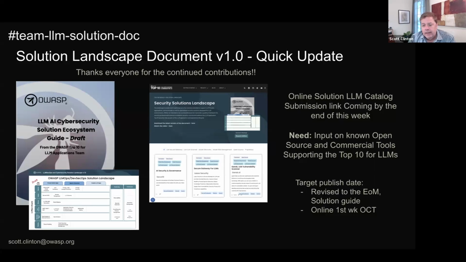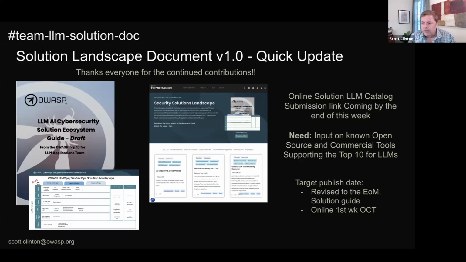So we pushed it out a little bit because we've got some really great feedback, and we're still resolving some of that. And if you have ideas or knowledge of particular products and open source solutions that are addressing the Top 10 for LLM risks and can be used in that life cycle, please do hop into the document and just add them. We'll figure out the categories as you go. We've also done a lot of outreach, so I have a lot of companies coming back. Some pretty good-sized companies with products in the space are coming back to add themselves to it, which will also help us with sponsorship as well.